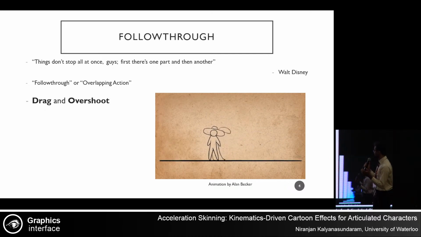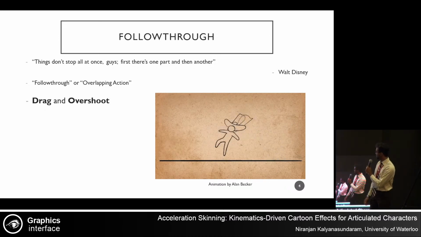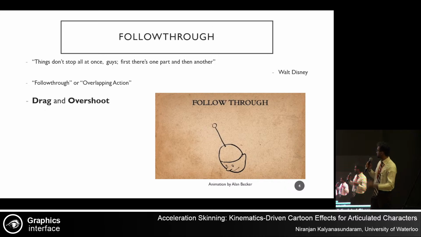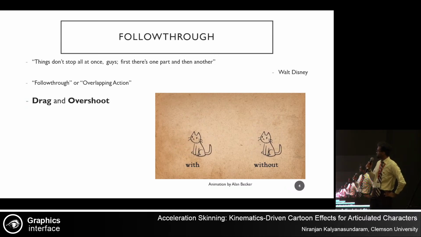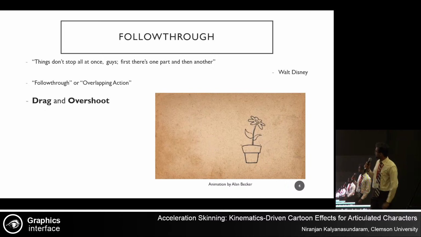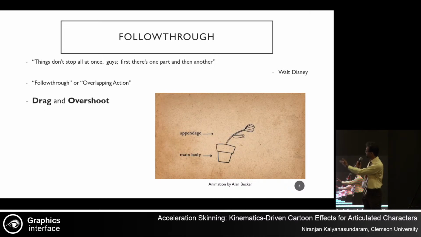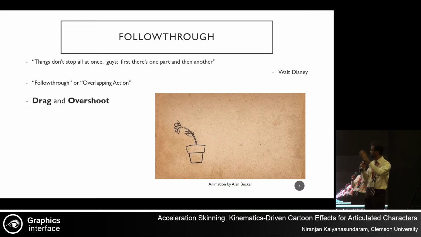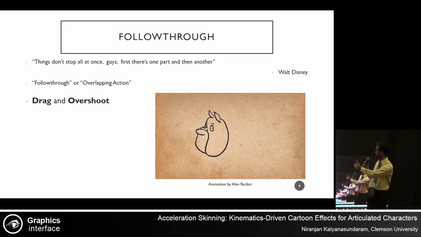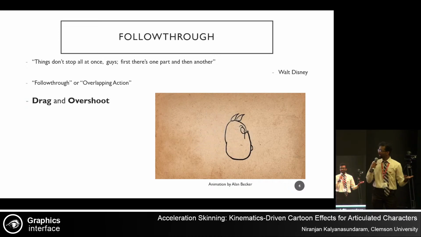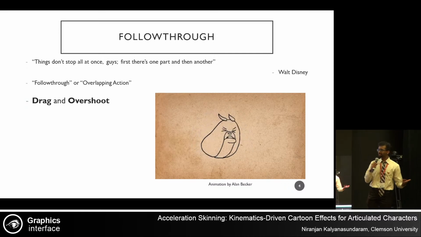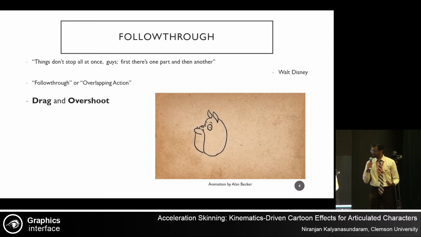So what is follow-through? Well, if you look at the example of the animation clip playing here, you can see that this guy's head moves. He's got an antenna, and the antenna kind of moves along with it and sways along. It wobbles, but it's like, okay, the main body moves first, and then the flower is sort of an appendage that sways along with it. It drags behind first, then overshoots, and then comes to a rest. And this dragging and overshooting are the two aspects or phases that go hand in hand to create this iconic effect.